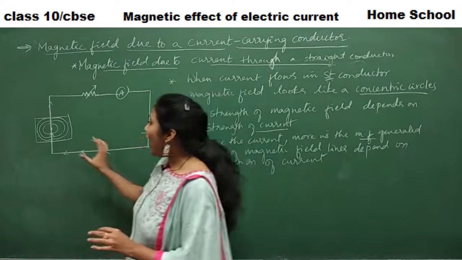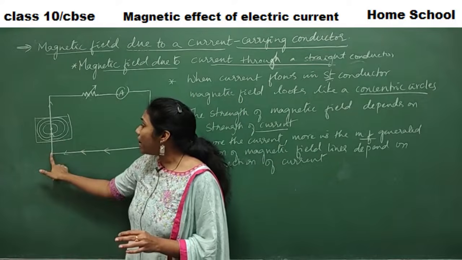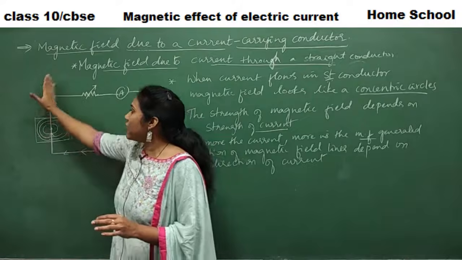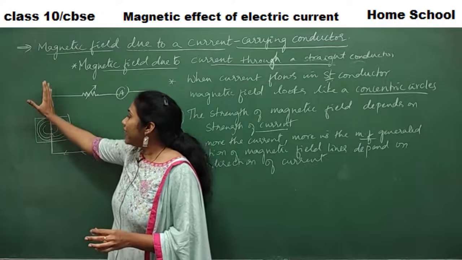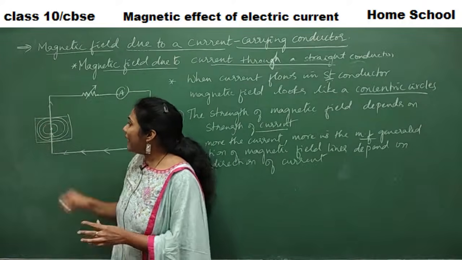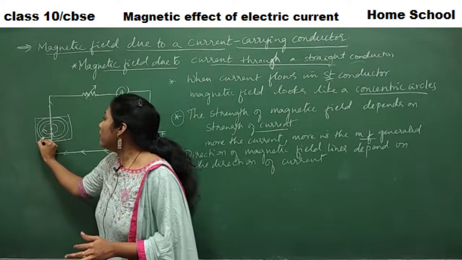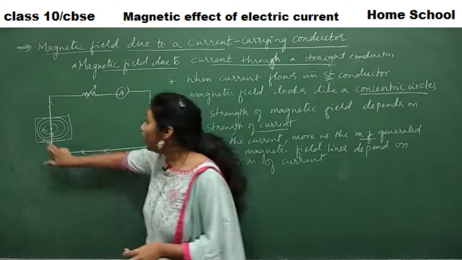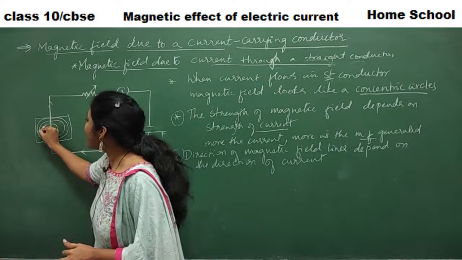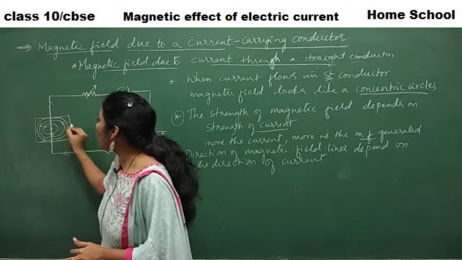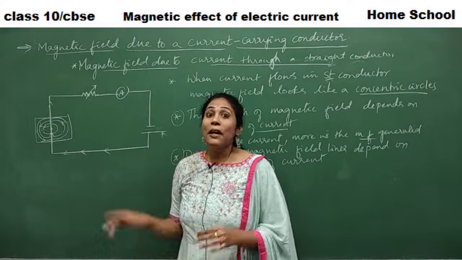Now how do you know the direction of field lines? Say current is moving from bottom to top in a wire, in this direction, right? So when a current is moving in an upward direction in this case, what may be the direction of these field lines? Will it be clockwise or anti-clockwise? It will be anti-clockwise. All the field lines move in an anti-clockwise direction. Got to know? How do we come to know?